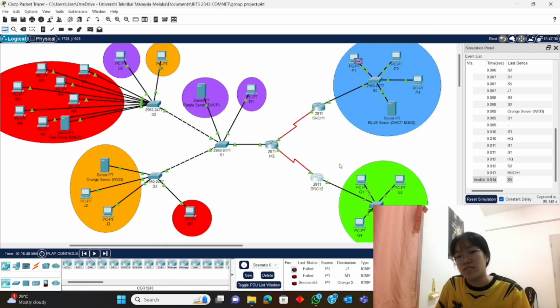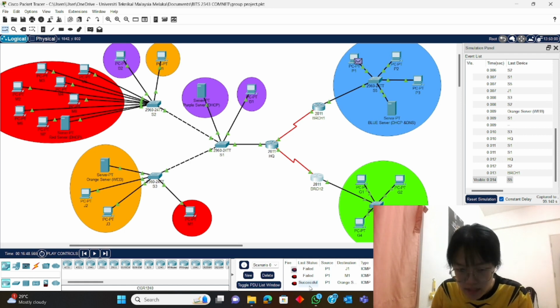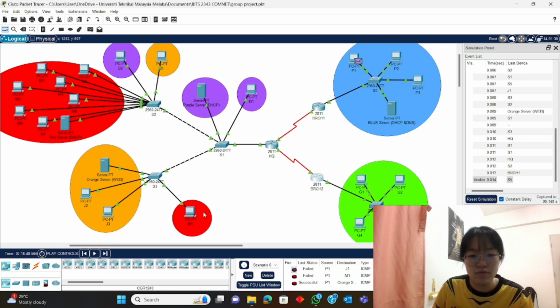We move to access control list. As we can see the ping status there. When I ping from P1 at the blue server area to J1, which is the orange one, the status was failed, and the same when I ping from P1 to M1 in the red area, the status also failed. But when I ping from P1 to the orange area with the orange server, we can successfully